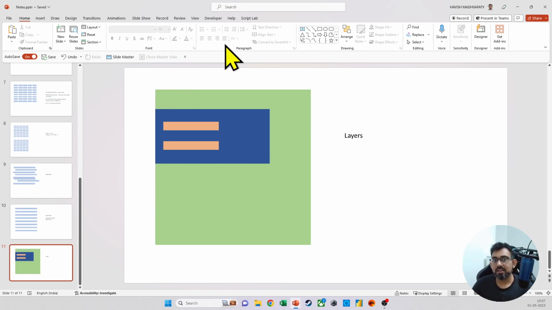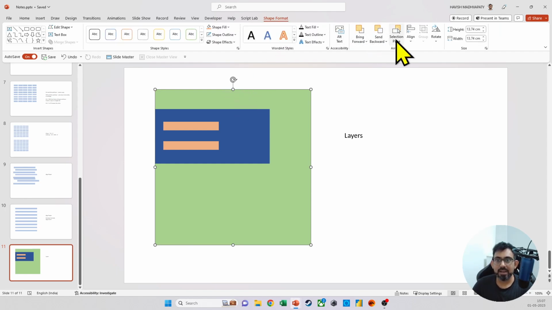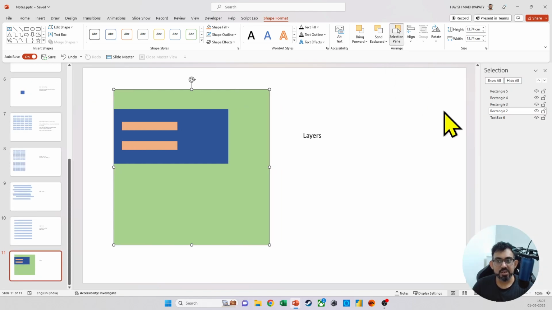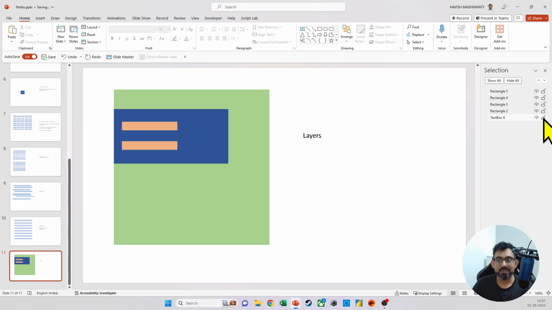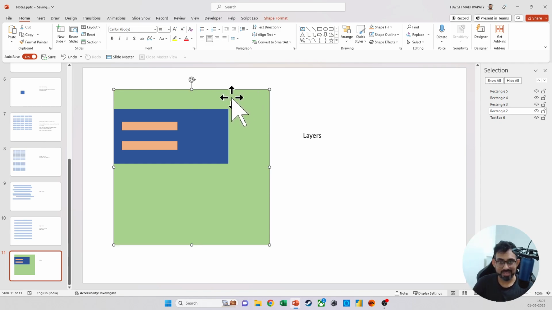One more suggestion. When I select any shape, in Shape Format, I have something called the selection pane. The selection pane shows you every single object that is there on the slide right now. So you can see that we have these 4 shapes which are rectangles, and I also have a text box. And here you have the option of hiding it. You have the option of locking it as well. What does that mean? Let us say I select my green shape. I can also rename it if I want. So I'm going to call this my